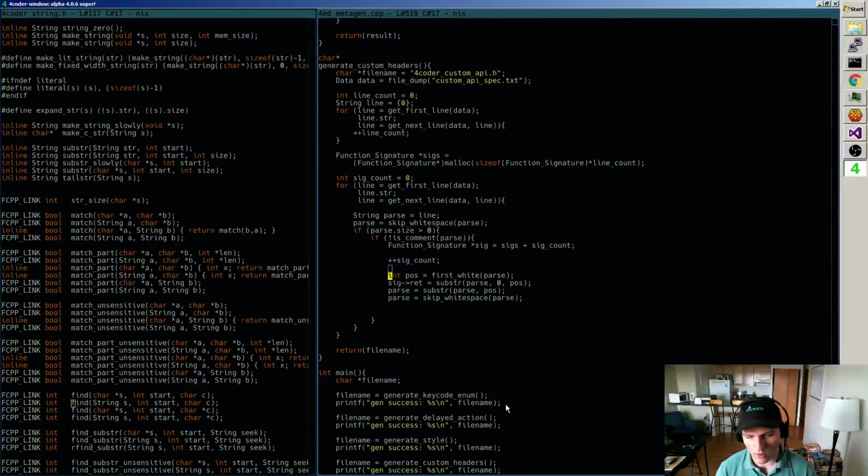So I want to do something more like this: find inside the string parse, starting at 0, the first space, and then that right there is that substring. This is the everything after that, and then skip all that white space, and then let's see.